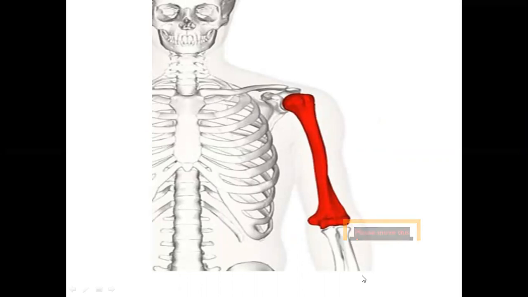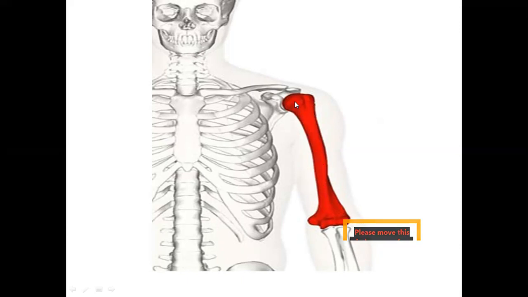In the upper limb, if you observe, the extent from the upper end of the shoulder to the elbow is called arm, and from the elbow to the wrist is called forearm. So, this is the bone of arm. Humerus is the bone of arm. Like any other long bone, it has an upper end, shaft, and lower end.